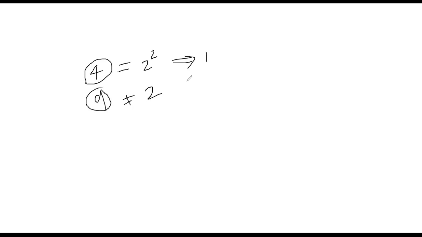4, for example. 4 is a power of 2 because it can be written as 2 to the power 2. And 9 is not a power of 2 because we cannot write it as 2 to the power of something. So given input like 4, the program should say yes, the answer should be 1. For 9, it should say 0 because it's not a power of 2. So you would like to be able to check whether a given number is a power of 2 or